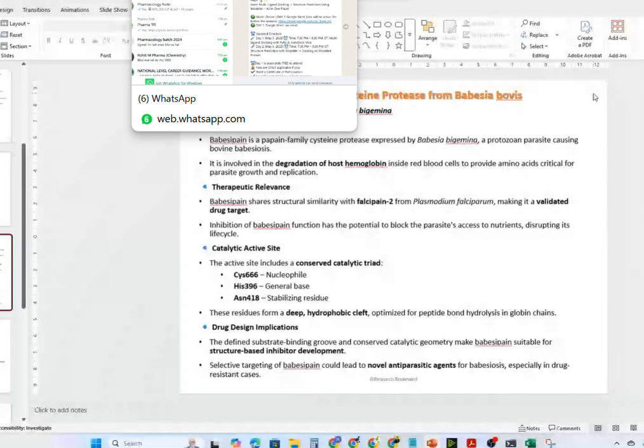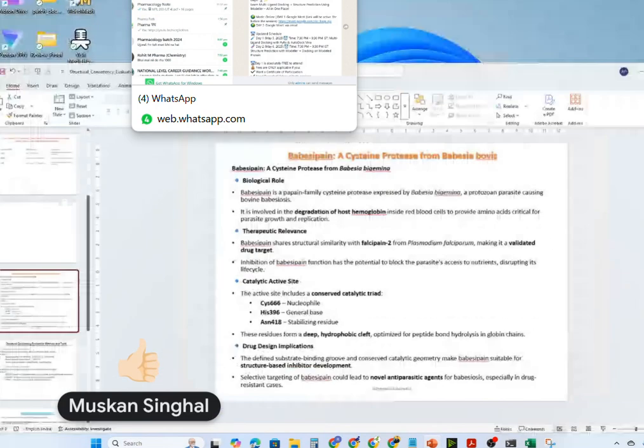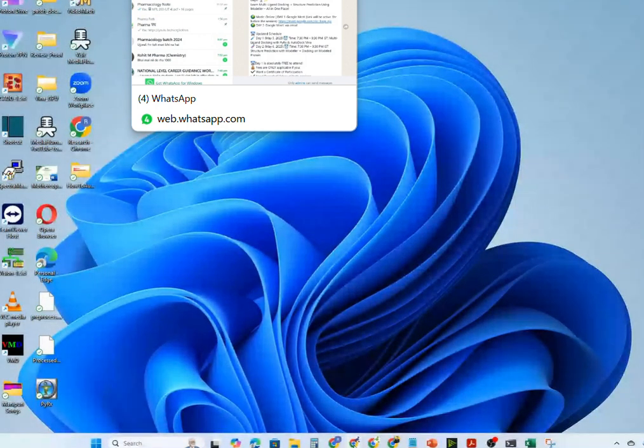So let's start with the hands-on session. I've given you the link for downloading Modeller. We'll be using Modeller first to build the model. Everyone, you have downloaded and installed Modeller. Okay, before showing you with Modeller, we have to first